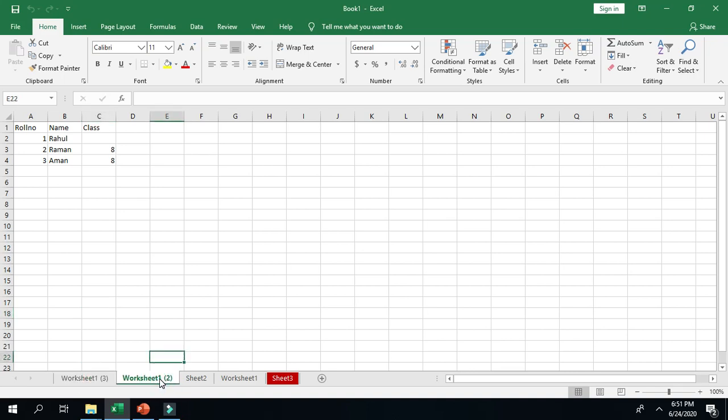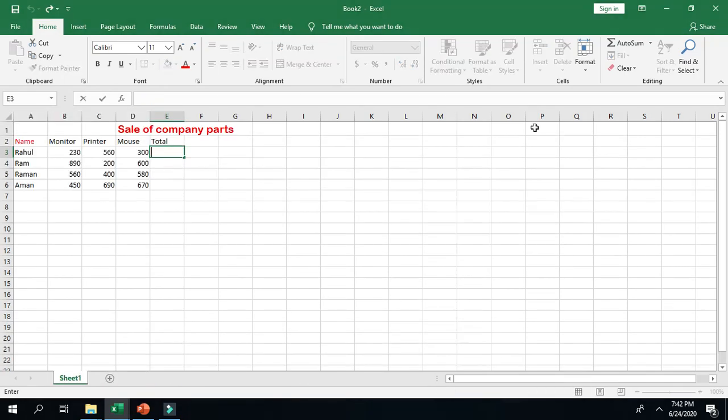Next topic is to select a range of cells. Range means a group of cells. So if you want to select a group of cells, firstly place the mouse pointer on the first box, then drag the mouse to the last cell up to which you want to select the data. With this the group of data will be selected, or we can say the range of cells will be selected.